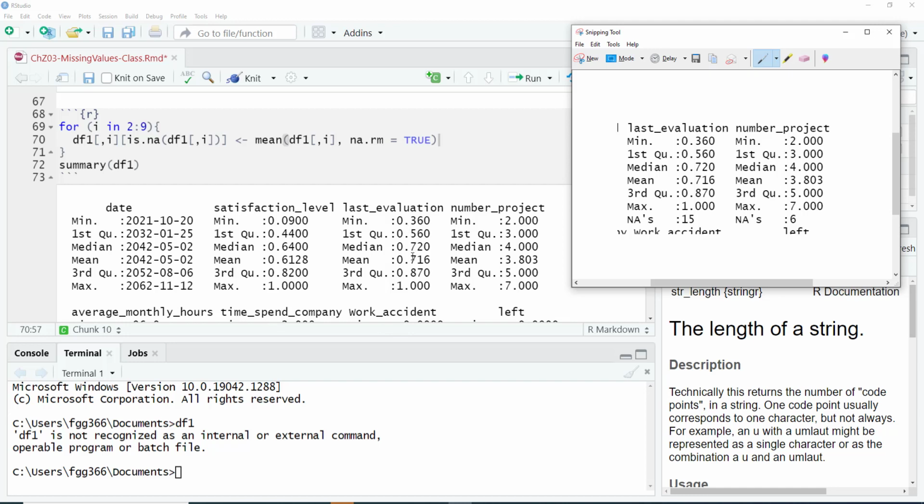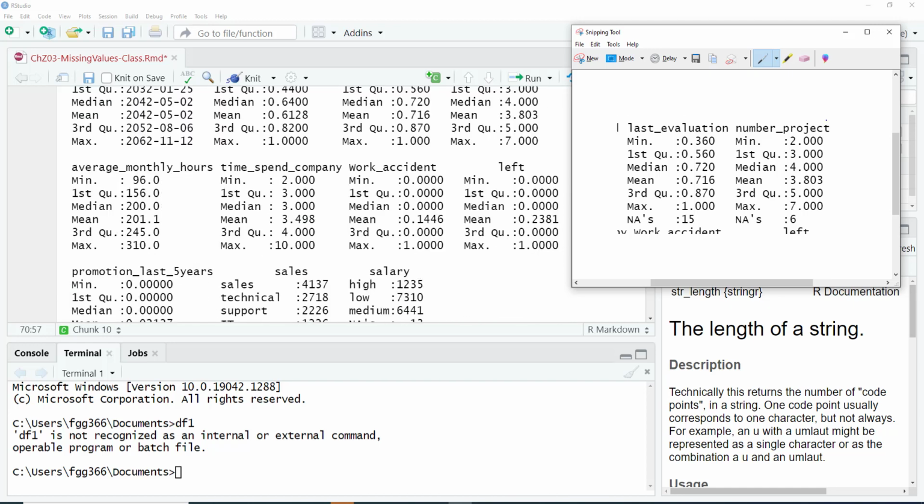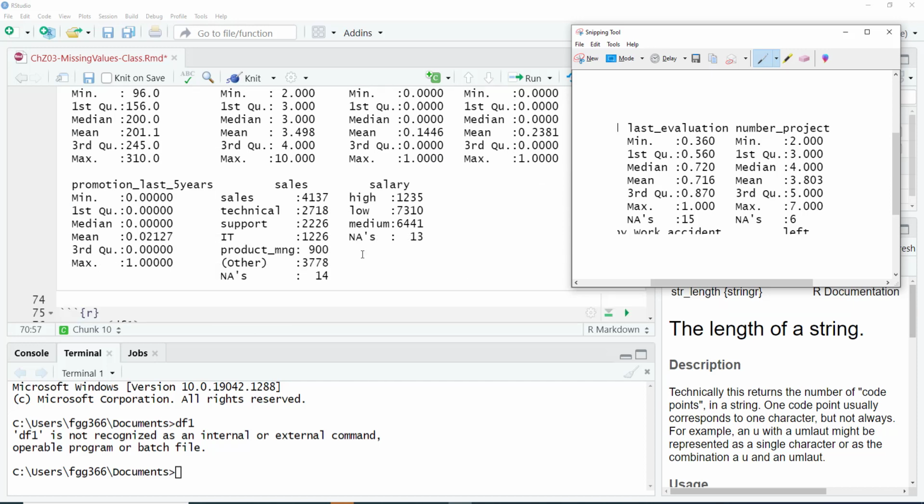And the statistics are the same for both cases, but the missing values are now gone. So all the missing values for the numeric columns are gone. The only remaining are sales and salary.